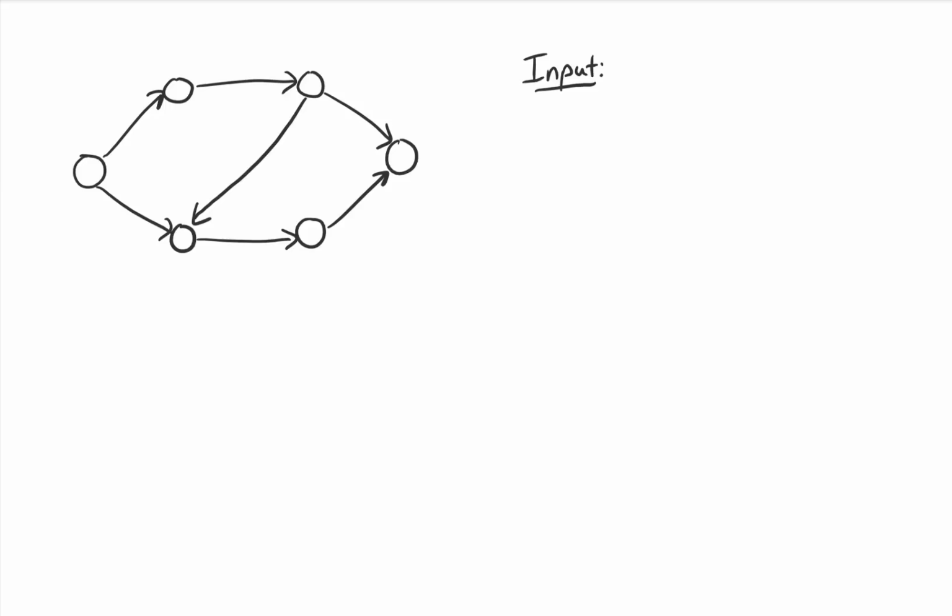Okay, so let's start talking about the problem that we're going to be solving with flows. So the input to this problem is going to be three things. So the first thing we're going to have is a directed graph. And then we're going to label two nodes as special. One's going to be labeled as S and one's going to be labeled as T. And I'll introduce one piece of terminology in this, and that is the S node is called the source, the T node is called the sink.